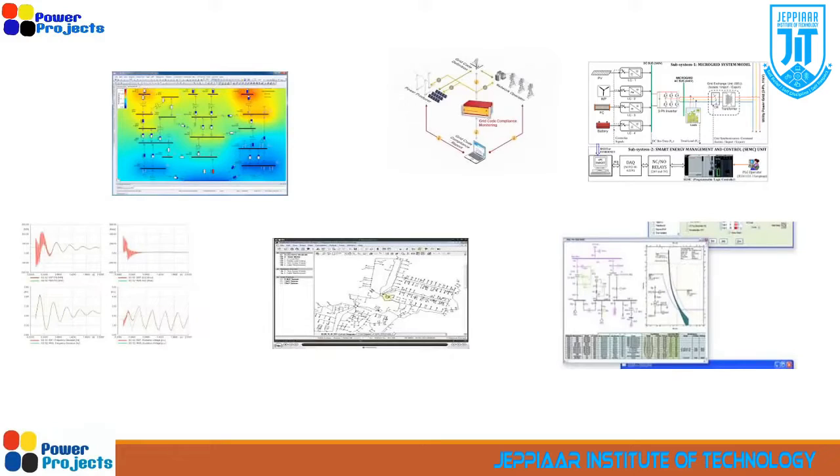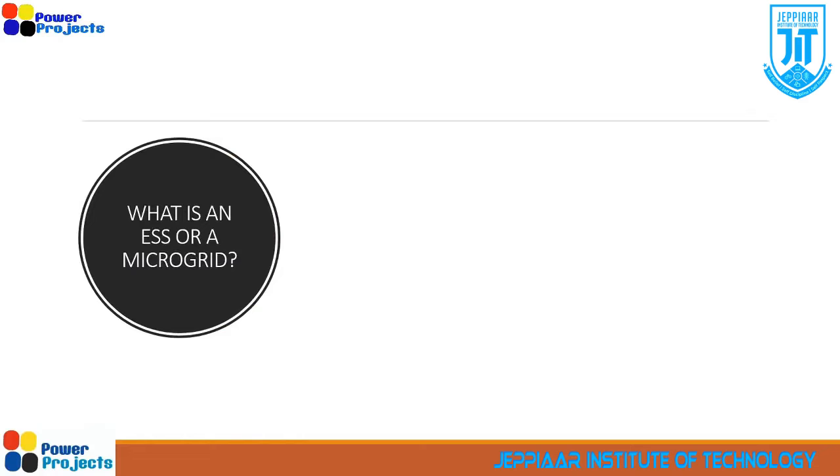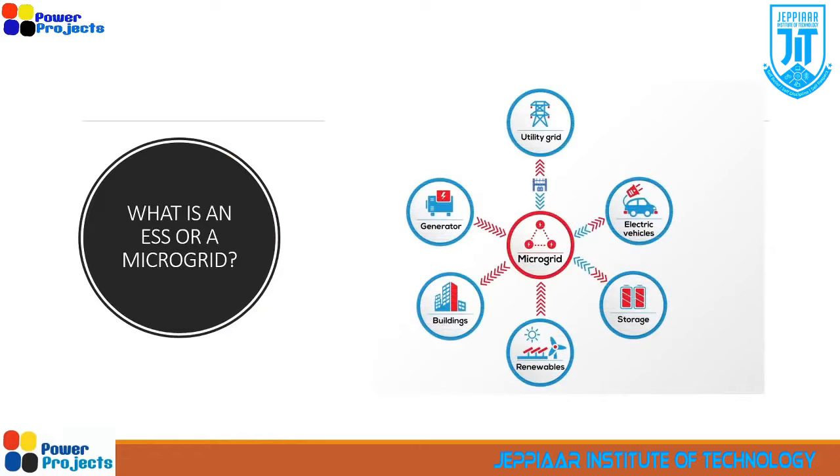We are not going to discuss this today. We will discuss this probably on a separate day. Today we will go through the microgrid using only the commercial evaluation, that is using HOMER Pro. ESS or microgrid: the microgrid has a connection with the utility grid, or it may not have a utility grid. It may have an electric vehicle, or it may not have an electric vehicle. That could be just a simple example, a load which we have given.